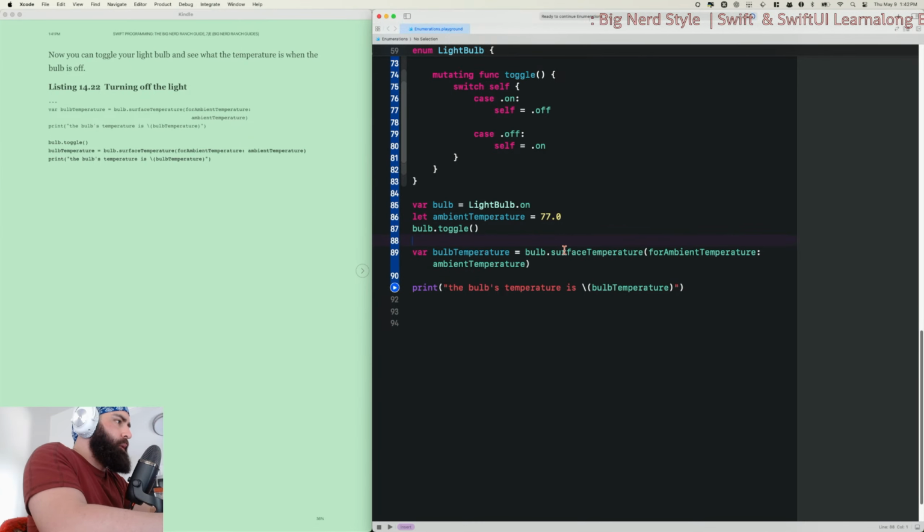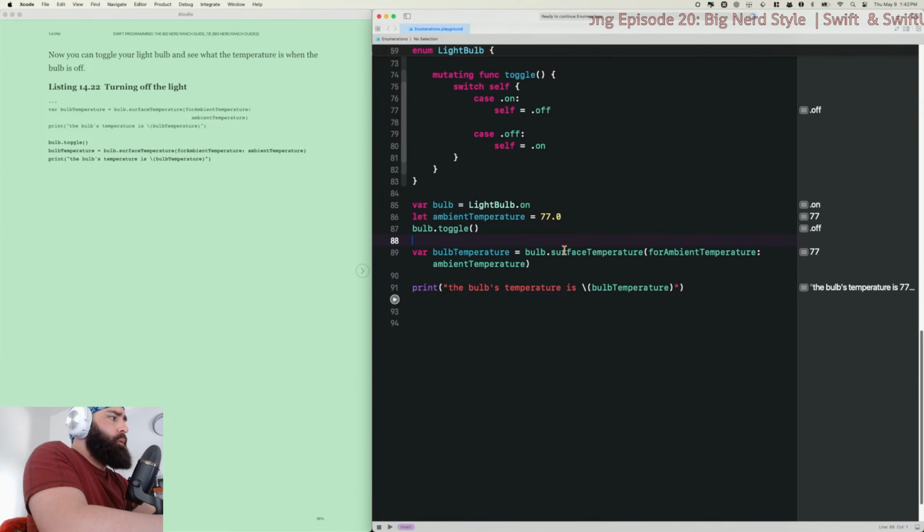There we go. Command Shift Enter. Okay. And run it again.